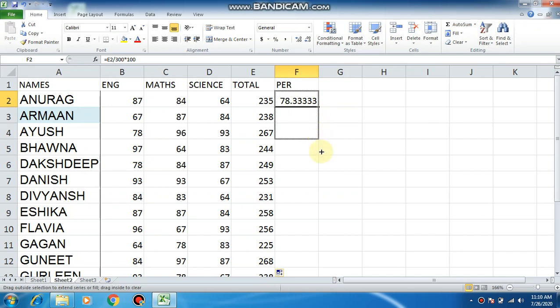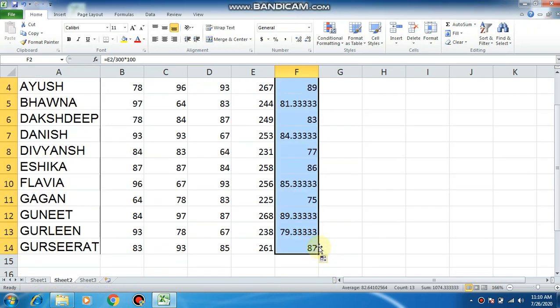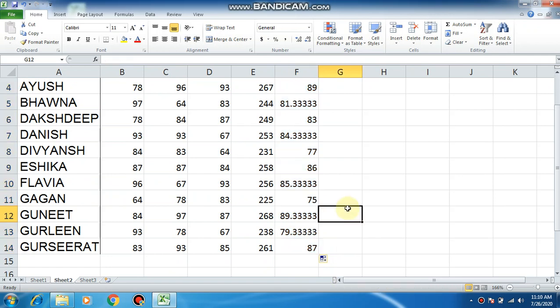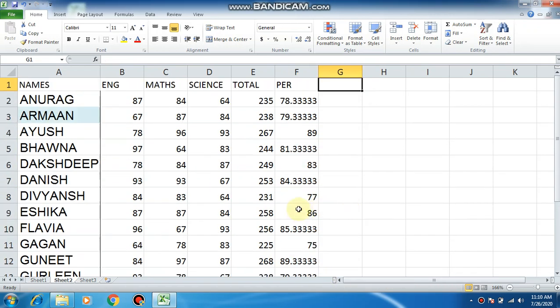This is called the fill handle. I drag this handle and my percentage will be copied onto other cells. And you can see the relative change in the formula. The formula is changed to E3 by 300, E4, E5 and so on. So relative change of formula is there when we copy the formula with a fill handle.